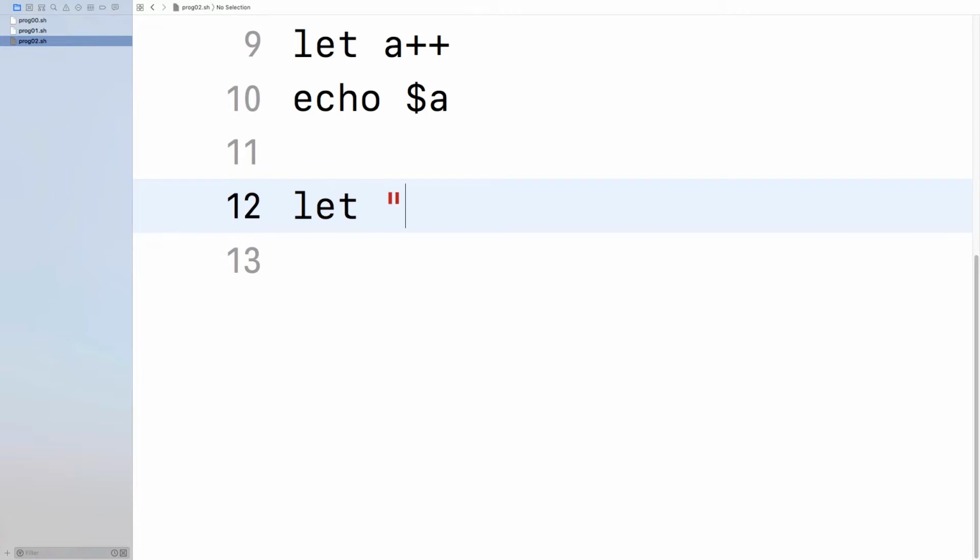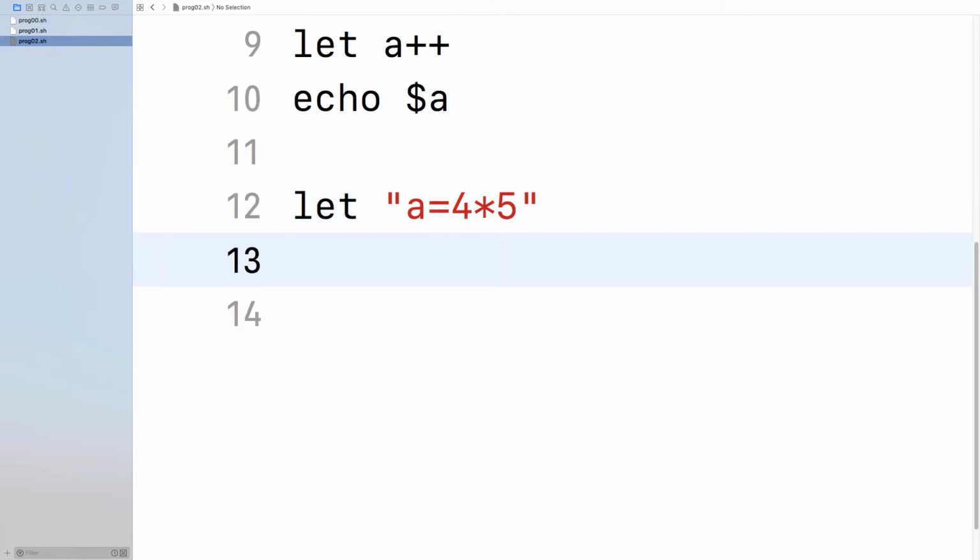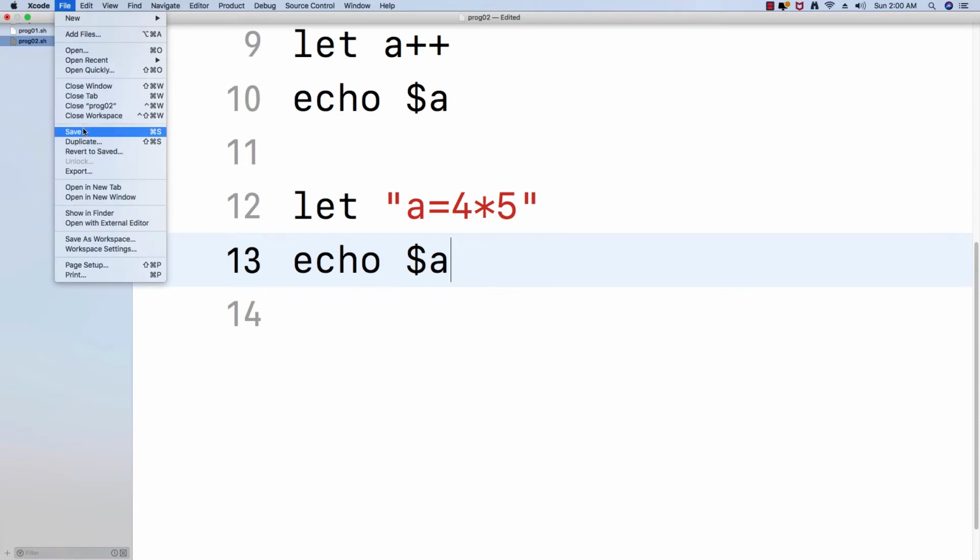Let a equals 4 multiplied by 5, echo $a. File, save.